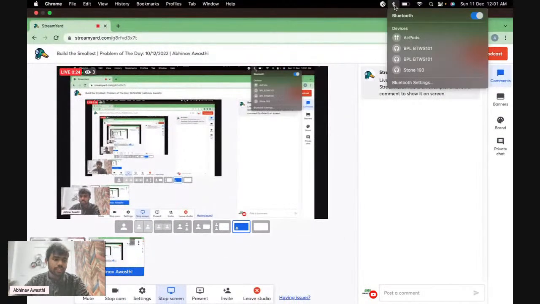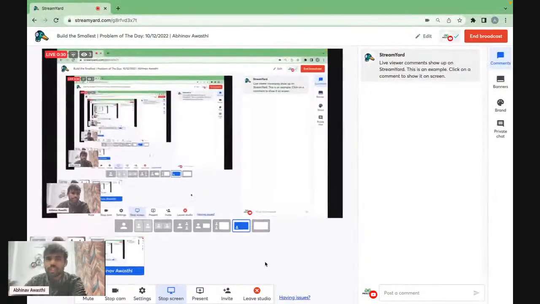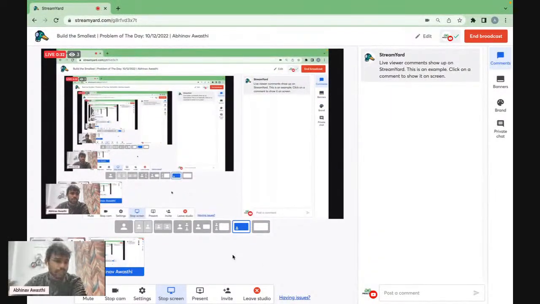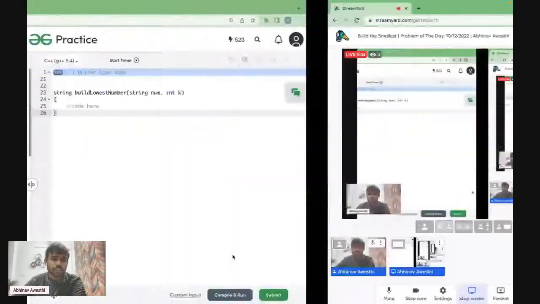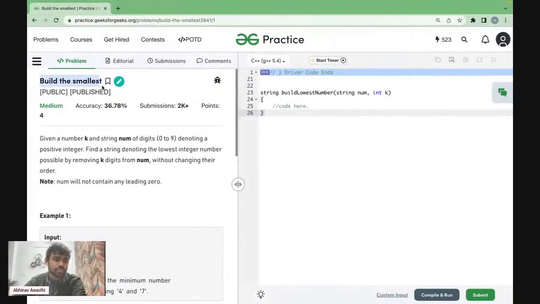Let's start with the problem today. The problem of the day for the 10th of December is to build the smallest number. We are given a number k and a string of digits from 0 to 9, and we have to find